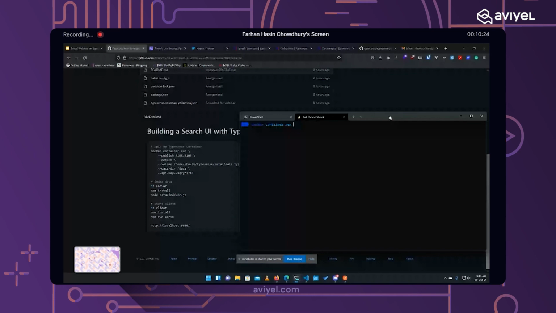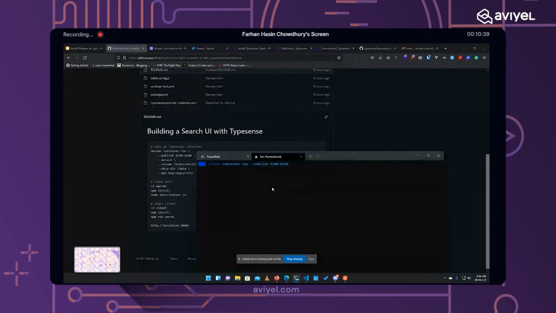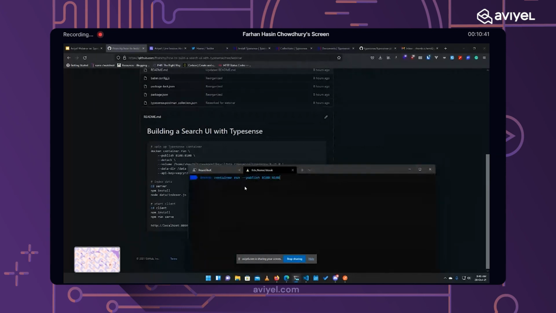Then we will have to publish a port. Don't worry, I will explain why we are doing this. TypeSense runs as a service inside the container on port 8108.